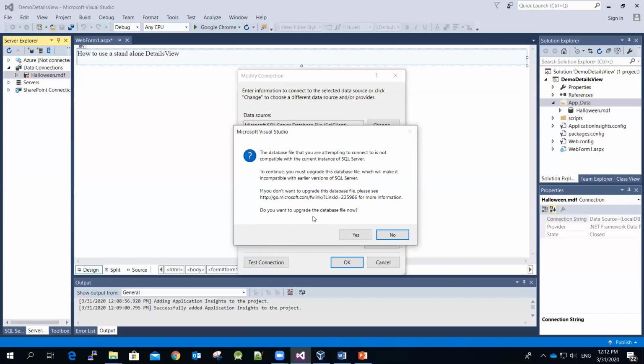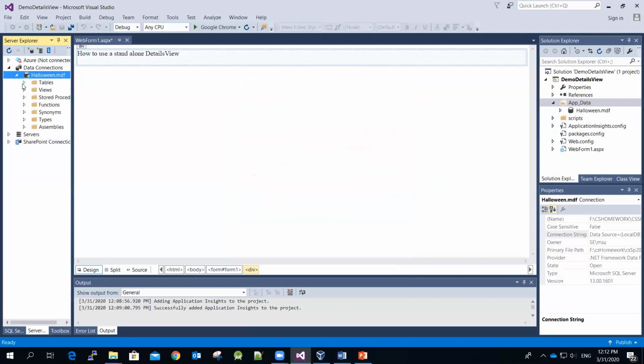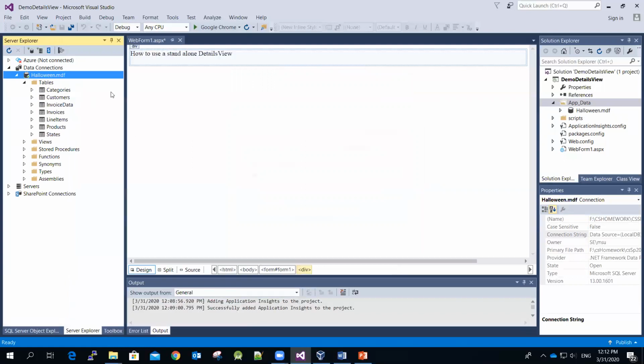So do you want to upgrade the database file now? Just select yes. Okay. And then again, now you can see that the red sign is gone, and then you can expand the database, expand the tables to see what tables are there. But anyway,